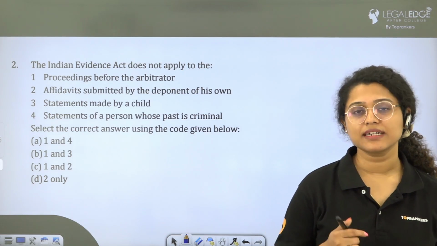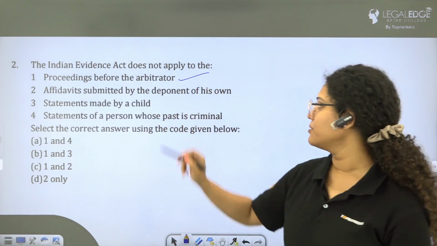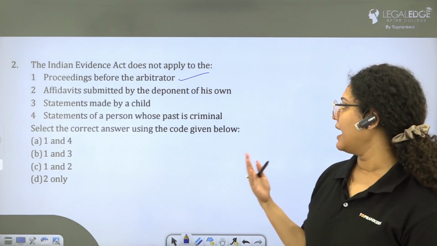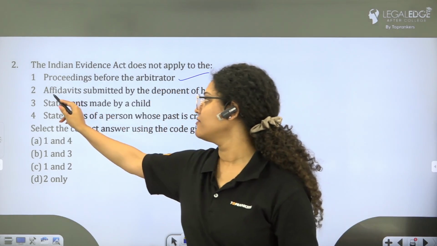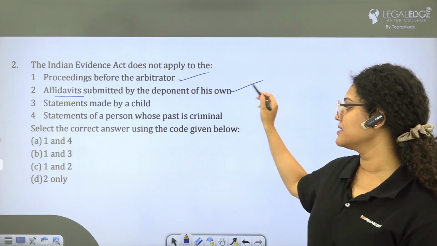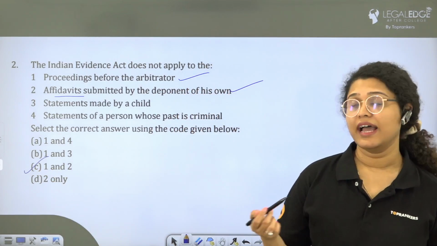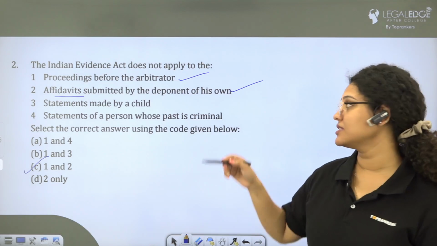So, Indian Evidence Act does not apply on, first, proceedings before the arbitrator, and it does not apply on affidavits submitted by the deponent on his own. So your answer here will be 1 and 2, which is option number C, right? And where will you find this answer? So this is your